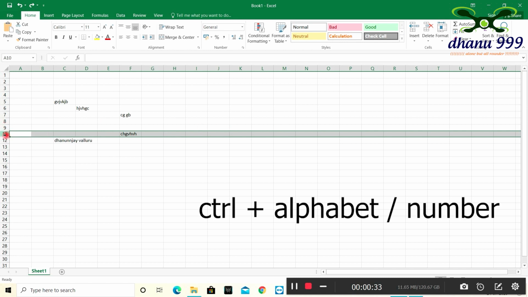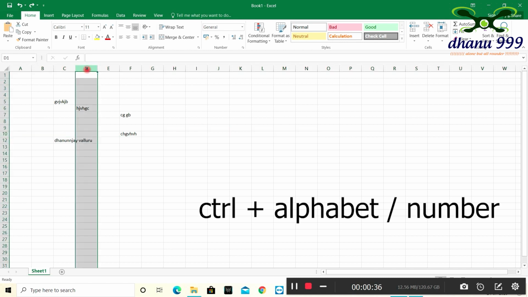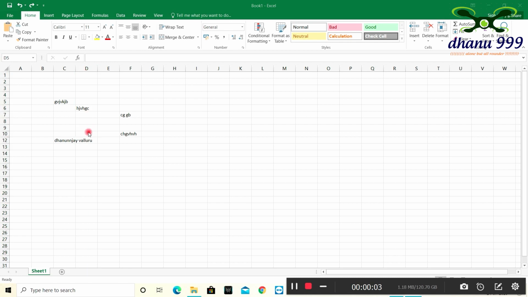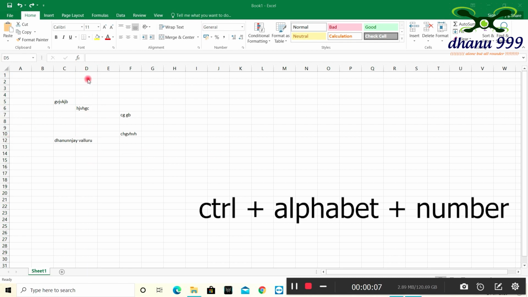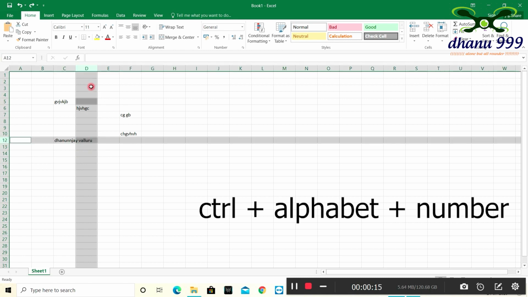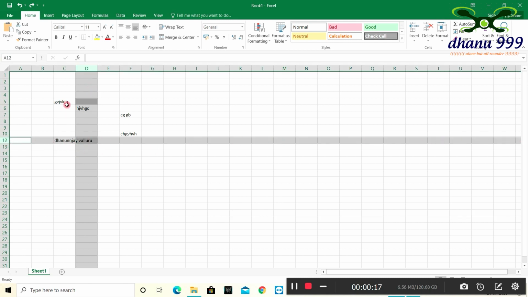We need to click on the number or on the alphabet. If I want to select a column and a row, the horizontal and the vertical, I need to press Control and click D as well as this 12, so that we can select both. If I want to select one more, I select like this. But don't forget to press Control.